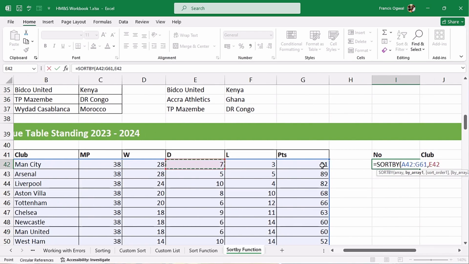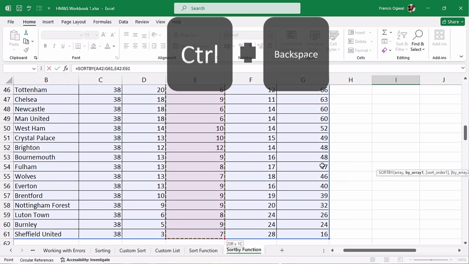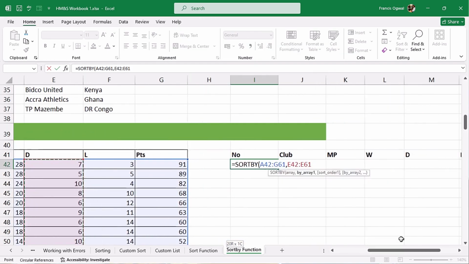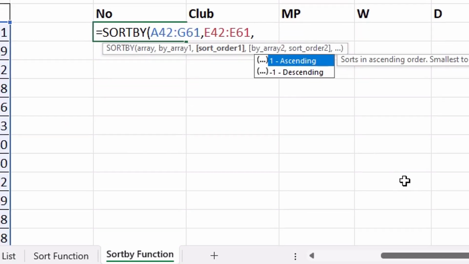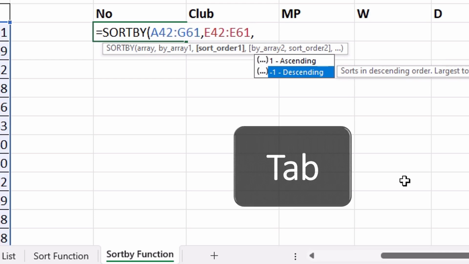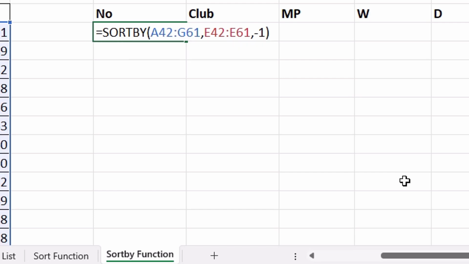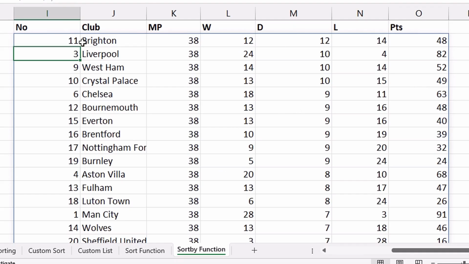So you press Control Shift down arrow to highlight that column, then Control Backspace to go back to the active cell. I'm going to scroll this side, then you type a comma. For the sort order, I'm going to choose descending, then you hit tab to select it, and it puts the -1 there for you. Close parentheses, and when I hit enter, you can see that it was Brighton that had